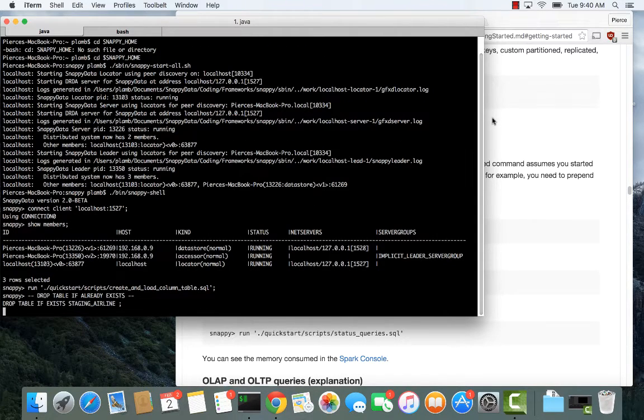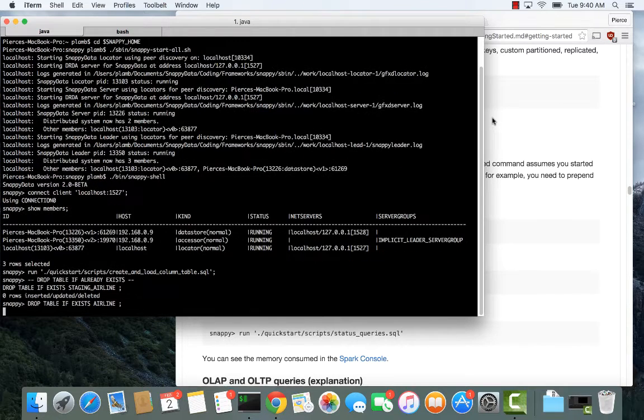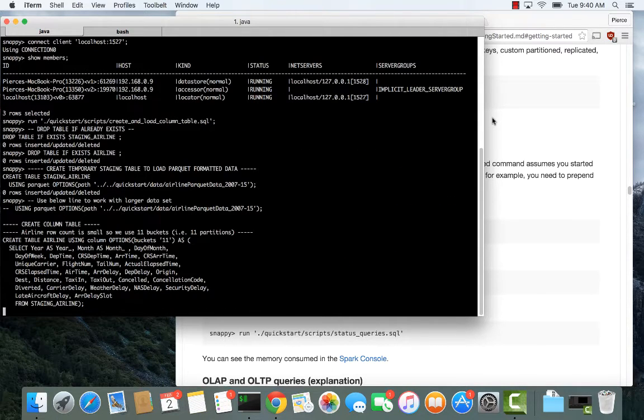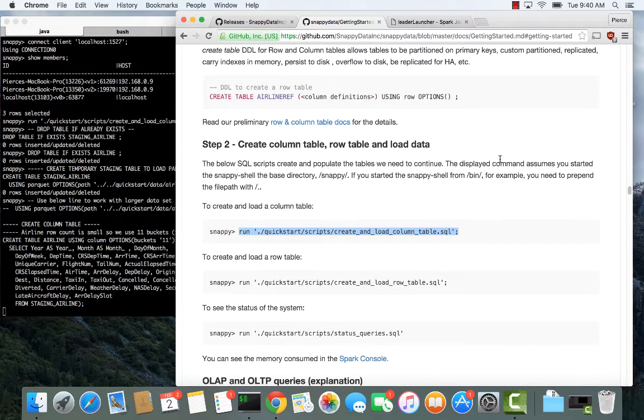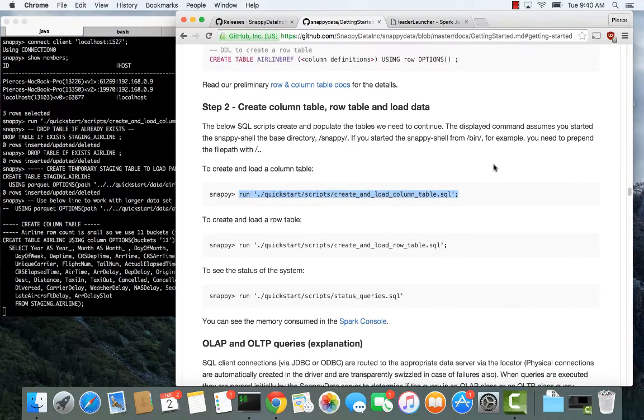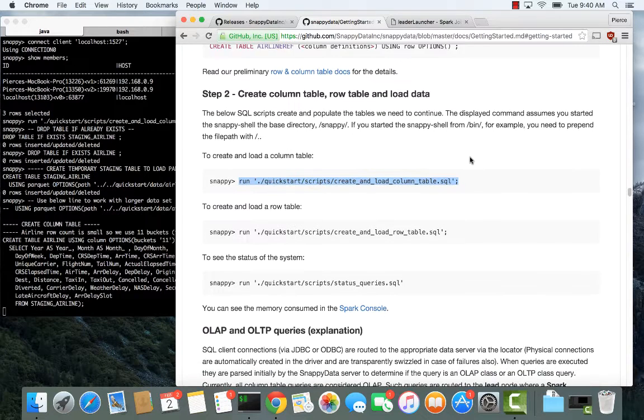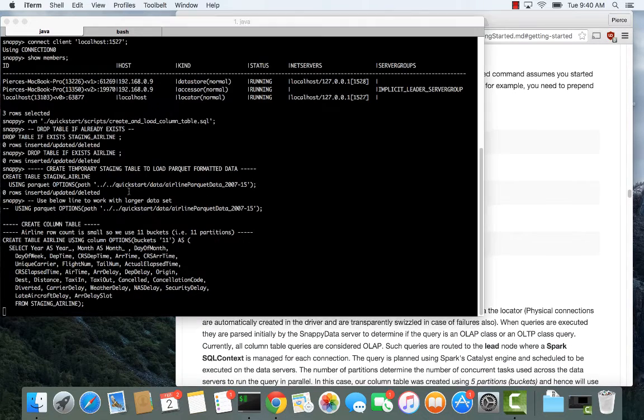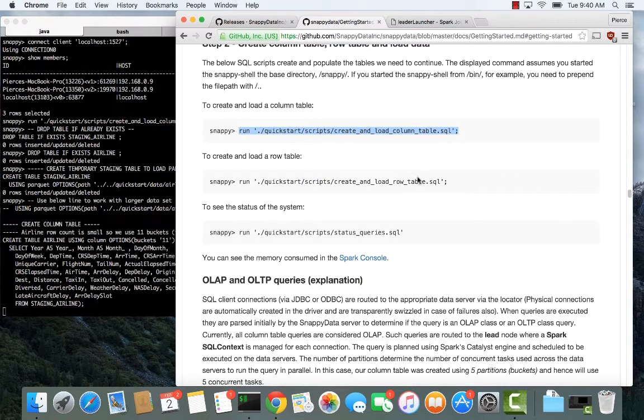An important thing in Snappy is that it's both an OLAP environment, but also an OLTP environment. So we have the ability to create column tables, which are good for fast, optimized OLAP processing, but also OLTP row tables that are good for transactions. So we should finish here in a second, and then the next thing we're going to do is,